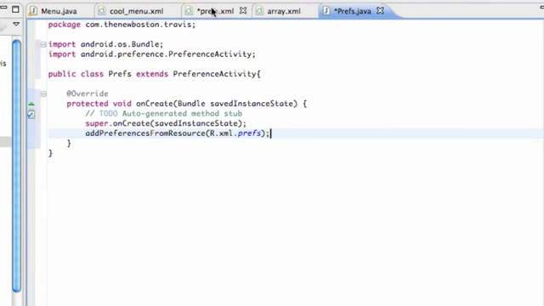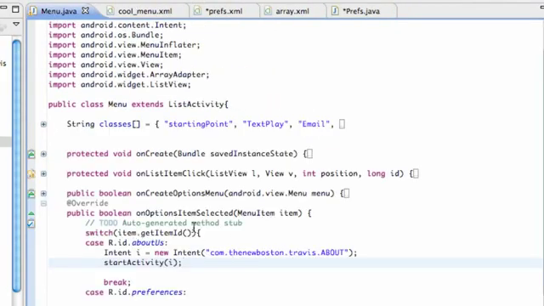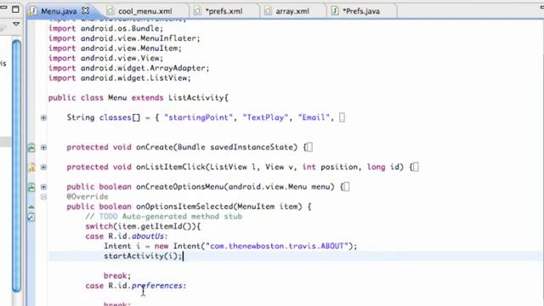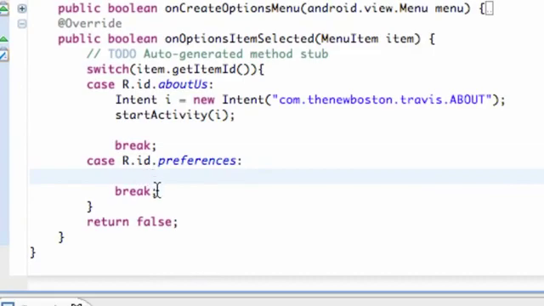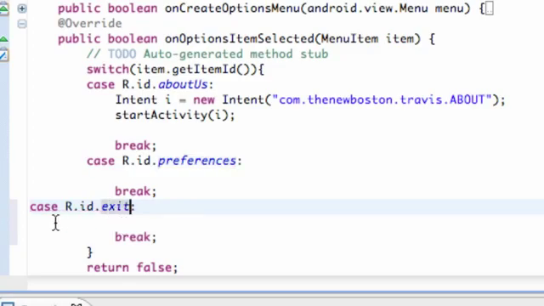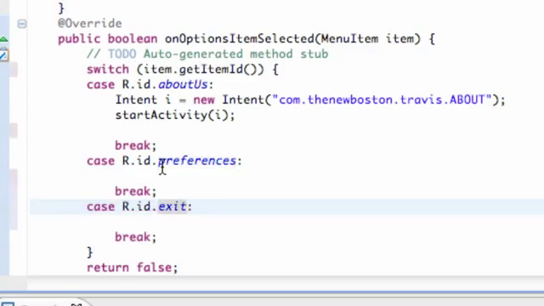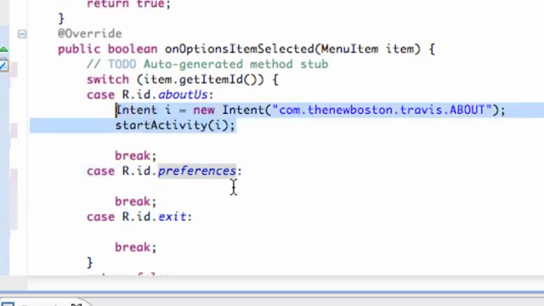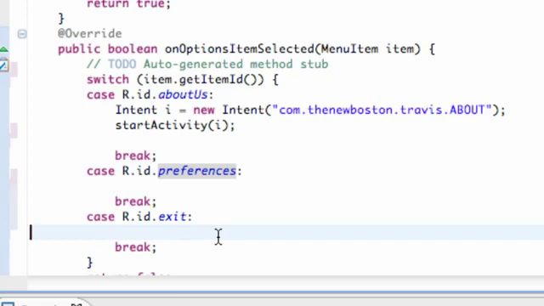So what we're going to do is go back into our menu class where we set up our menu inflator and our menu options, and we have this one if the preferences was clicked. I'm also going to copy this real quickly and paste it, since I added that other item, which was called exit. So there we go, Control-Shift format, and now we're going to set up a new intent that's going to open our preferences and also our exit, which is going to just finish